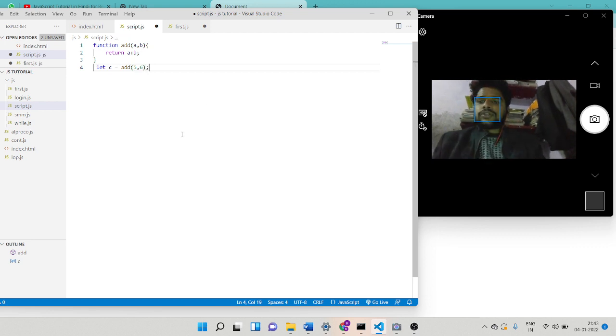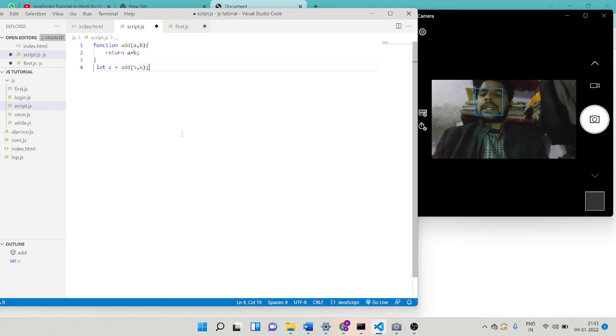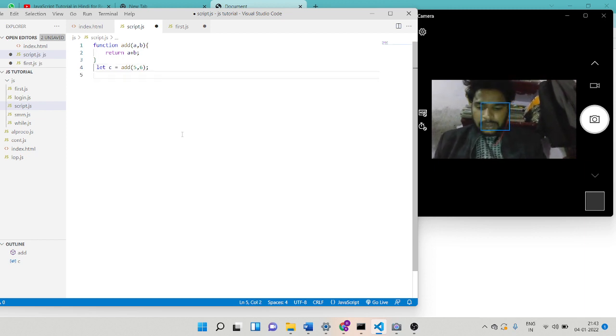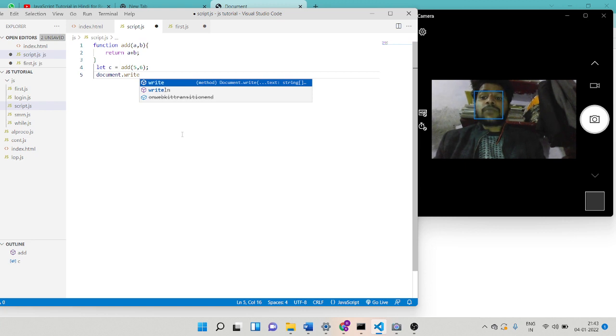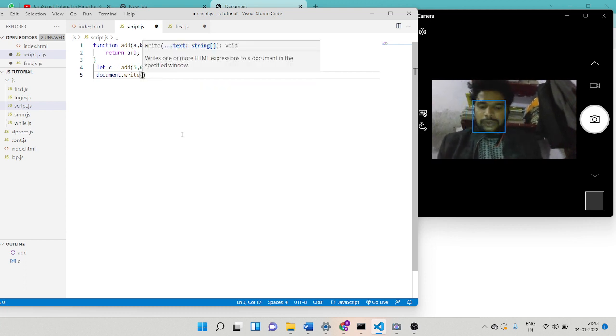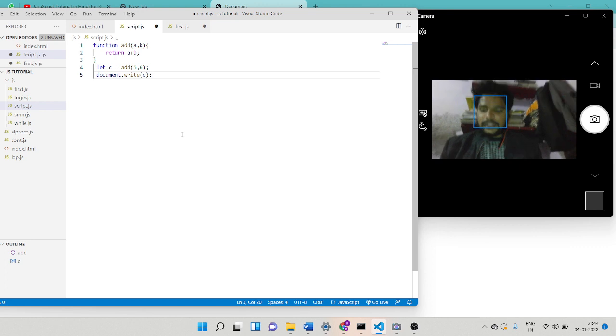I want the answer stored in c. So I created one variable named c, and we want the answer under c. Then write document dot write c, because we want the answer on the front of the index file.